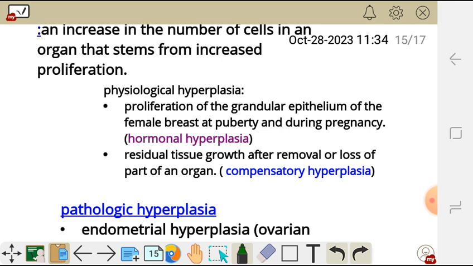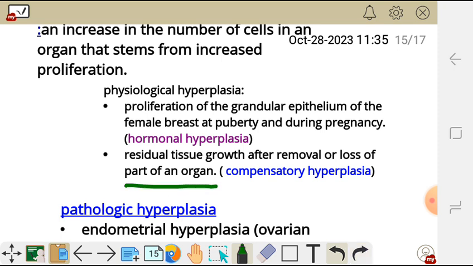That is an example of physiological hyperplasia, and that is called hormonal hyperplasia. Why? Because it is stimulated by hormones. There are hormones which are responsible for stimulation of these cells to undergo what we call hyperplasia, and that is hormonal hyperplasia. And then we also have another example where we have residual tissue growth after removal or loss